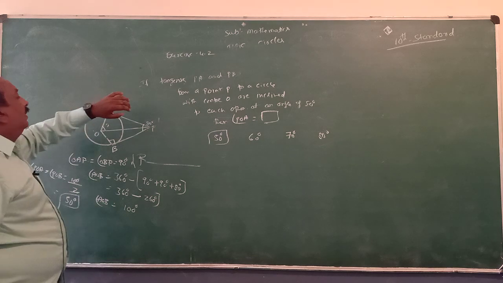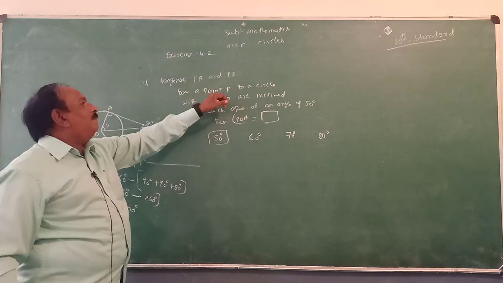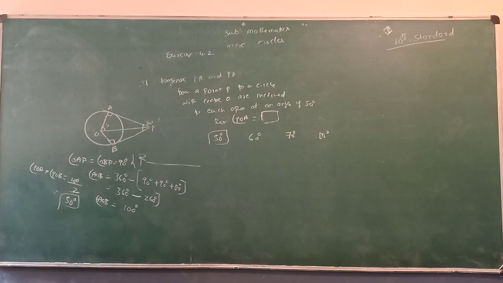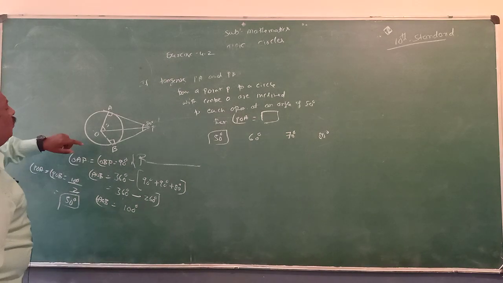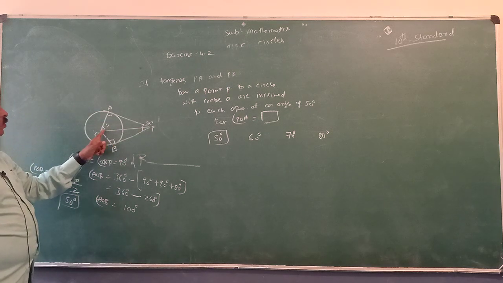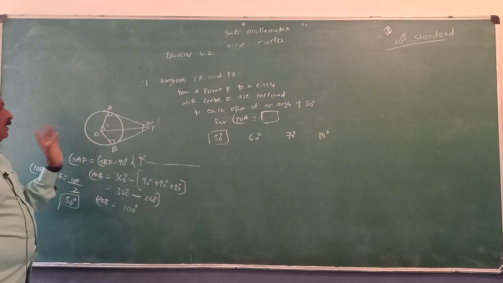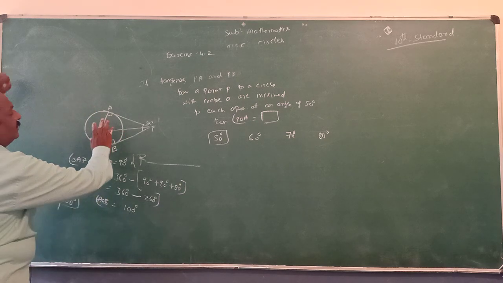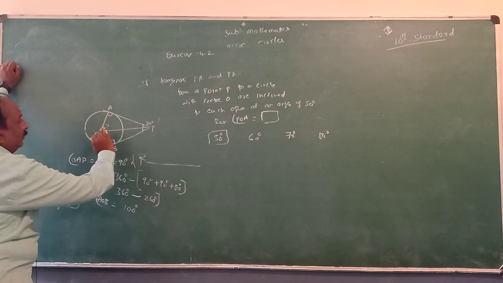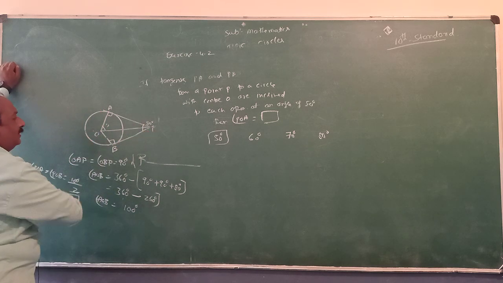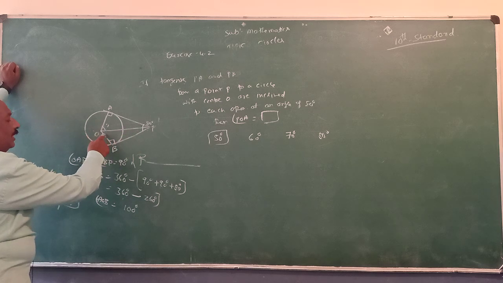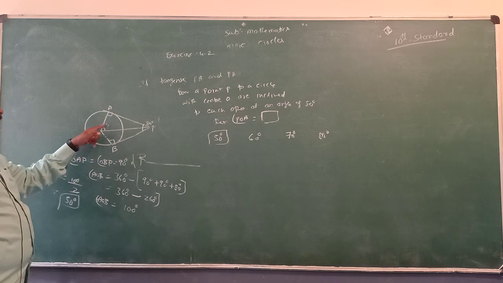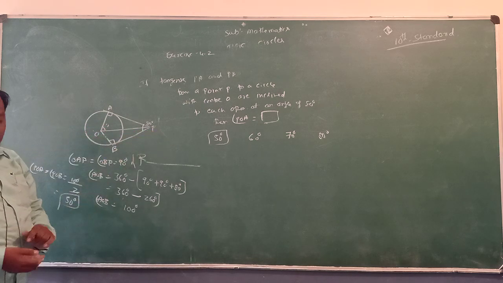Let us work out this problem once again. If tangents PA and PB from a point P to a circle with center O are inclined to each other at an angle of 80 degree, then angle POA and POB, these two are equal. Already explained in the theorem: they are equally inclined to the line joining the external point and the center. These two angles are equal, so this can be divided. Total is 100 degree divided by 2. This is 50 degree. The answer is A.